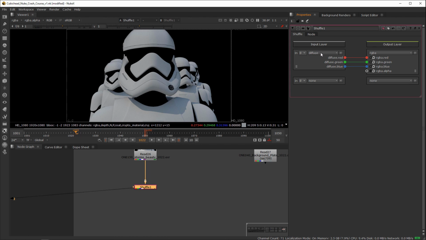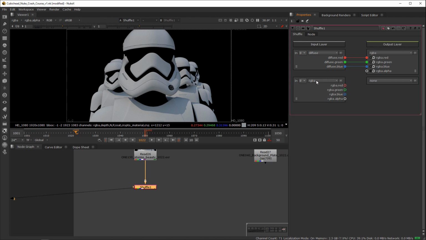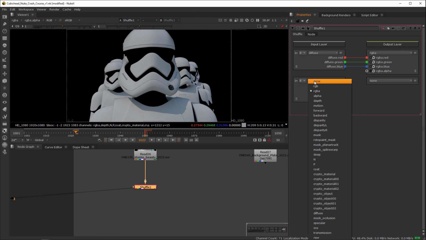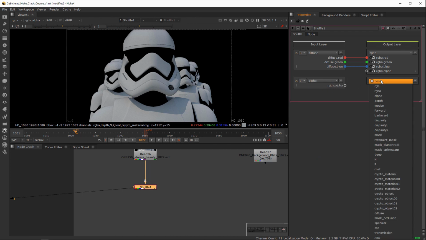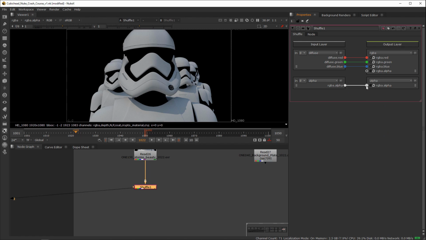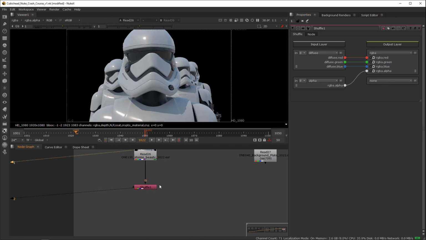And the other thing is that usually when you get other layers, they don't contain the alpha channel. So to do that, I'm going to get another input. To be honest, I can just put it into alpha just like that, or RGBA, it doesn't matter. I'm going to say, get the alpha channel from input and put it in the alpha channel of the output. Actually, to make it less complicated, I'm going to do this. So if I look at it, I have the alpha channel here, and I have preserved it in this